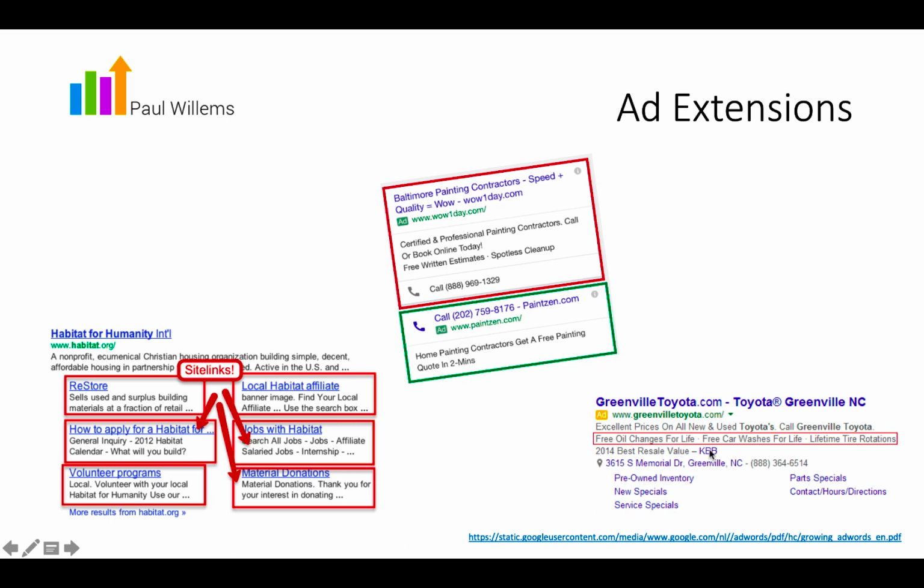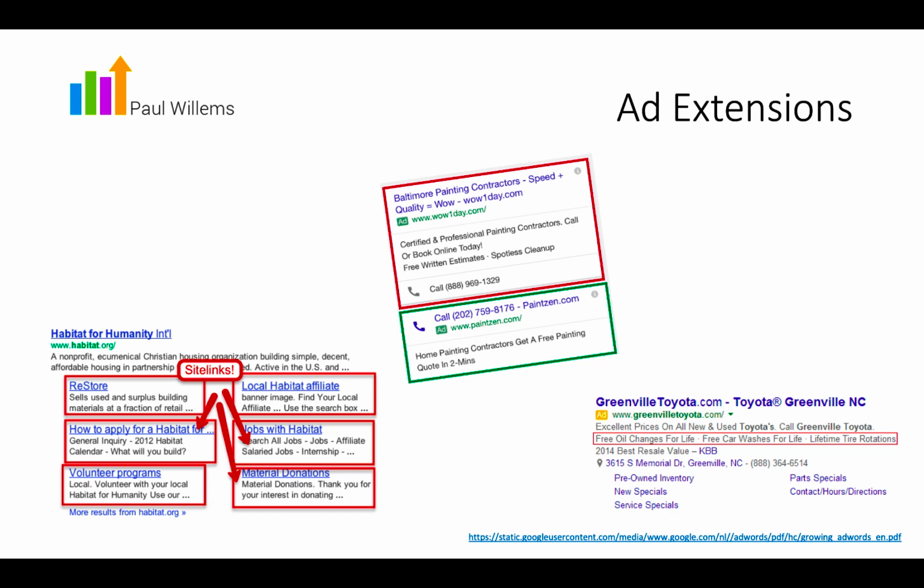And the third extension I want to discuss are the highlight extensions. If you place your ad with a text, you can add some really nice words below it: free oil changes for life, free car wash for life, lifetime tire rotations. So the benefits for your product you can put below. And this is really, really nice. So always place as many extensions as possible because it makes your ad better and people tend to press your